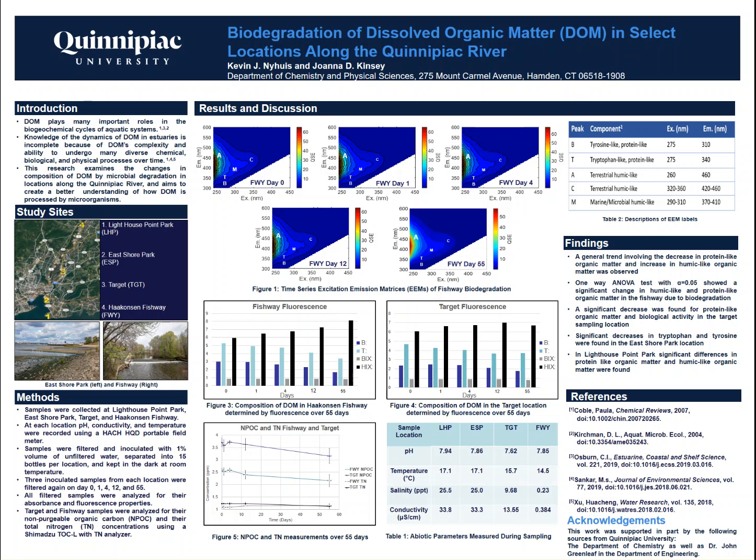This research is part of a much larger project to understand the interactions and processes of organic matter in the Quinnipiac River estuary, and there's still a lot more further analysis that needs to be done on these samples, as well as many other samples that were collected in order to put together a full picture of the carbon cycling